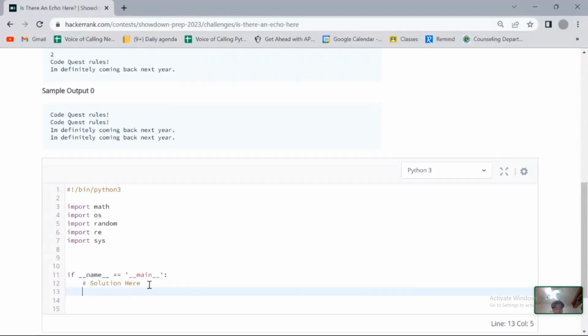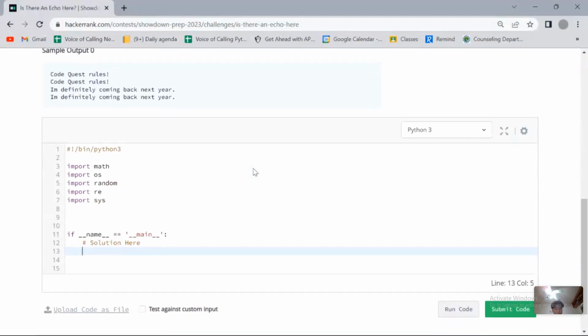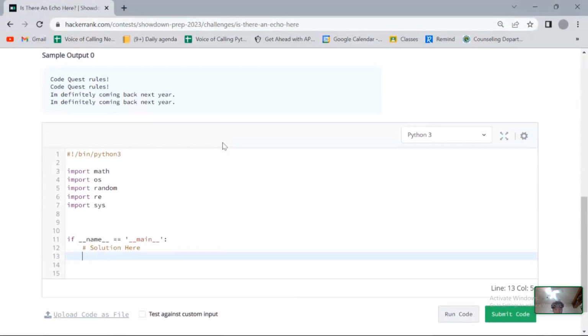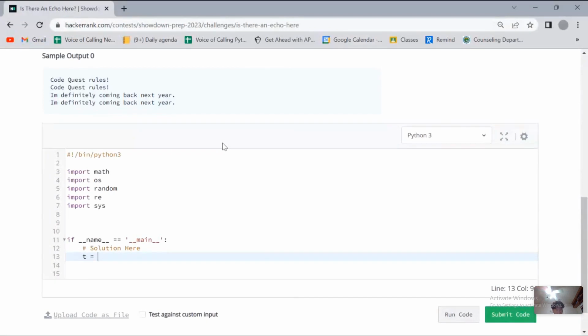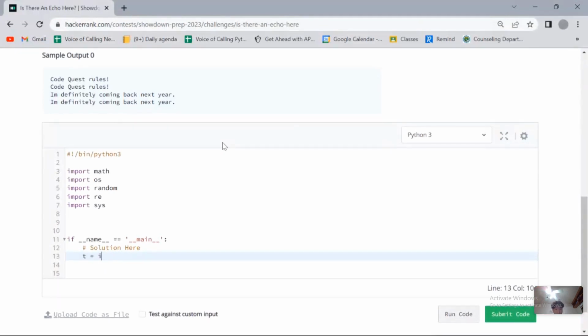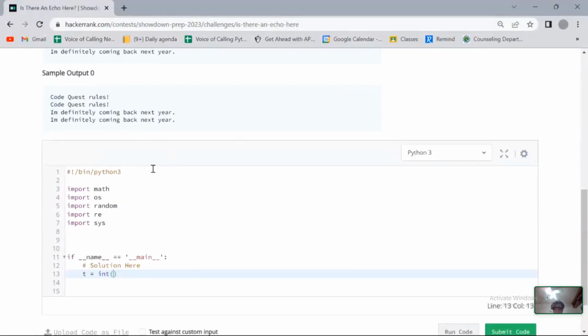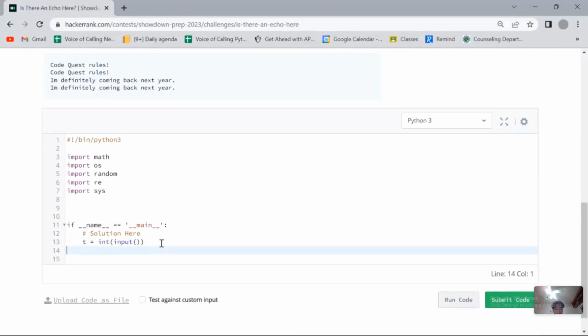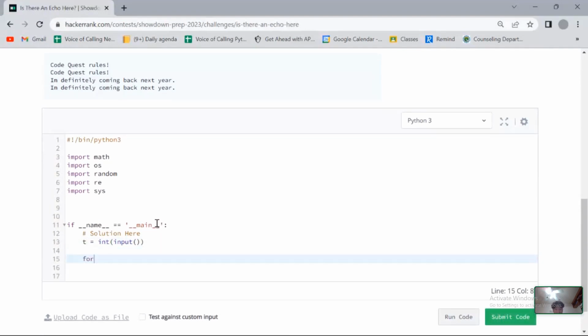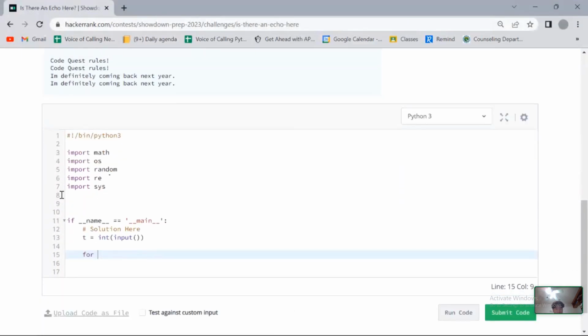And we can write our solution here, right? So we can start with our number of test cases, so we can make that an input. We can just call that variable t, and let's make sure to cast it as an integer, right? Because it's a number of inputs we need. So we can have t equals int input. Okay, and we need to loop through the amount of test cases. So we can just call that i. So for i in range t,